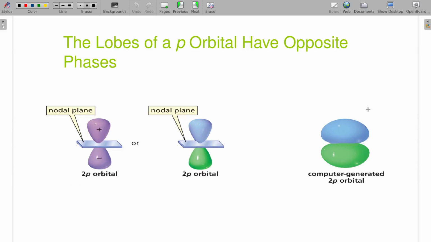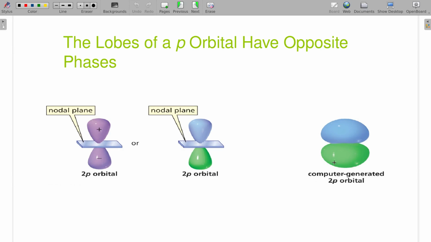Now, if you remember, the p orbital was created by putting a fold into an s orbital. Another way of saying a fold is we've put a nodal plane in there. We've got the upper half of the orbital and the lower half of the orbital in totally different phases. That's what that positive and negative represent. That's created a nodal plane. There's a plane right through the atom where you're not expecting to find a moving electron.